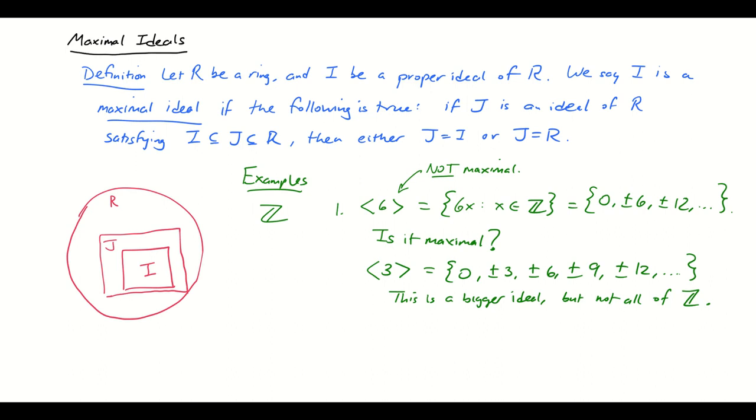Okay, but then we could think about this ideal and try and decide whether this is maximal. We'll call that example number 2. All right, so is this a maximal ideal? Can we think of some other ideal that is bigger than this, but not the entire ring of integers? So let's just imagine we take this set, which we already know is an ideal, and let's see if we can add something to it. Like, let's take the number 5. I'm being a little bit haphazard here, but let's suppose we toss in 5 into this ideal and try to make a bigger ideal.